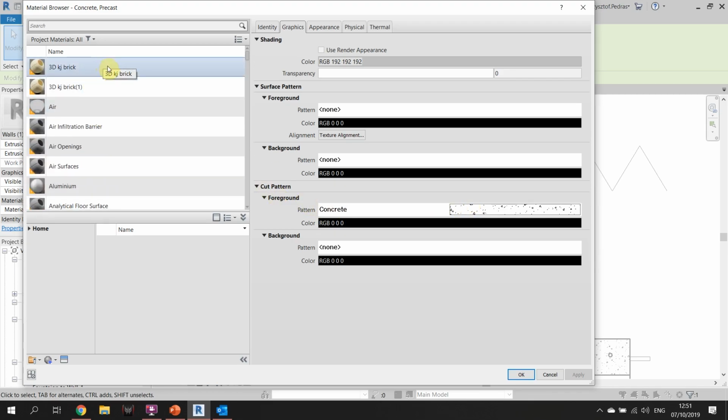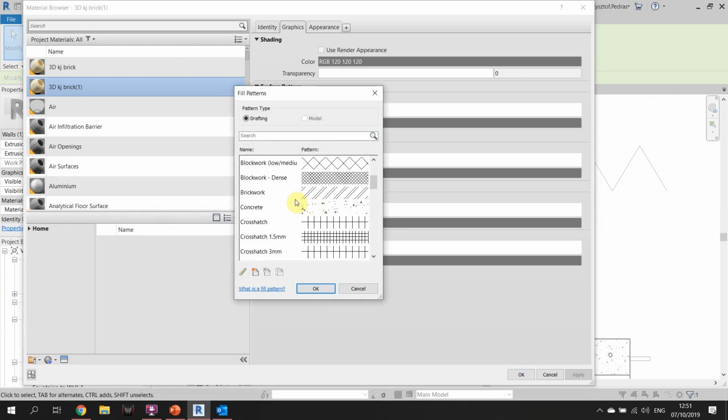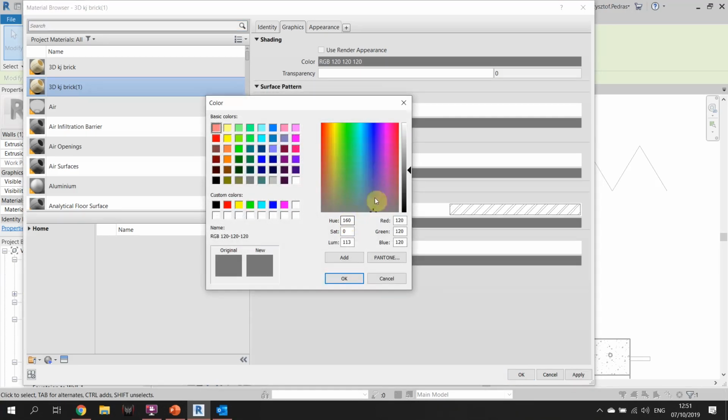I'm gonna take as an example the brick material. I'm gonna take cut pattern, foreground, and I'm gonna choose a pattern. There's a specific pattern which is called brickwork. I'm gonna take it as an example. And let's, I don't know, set it to